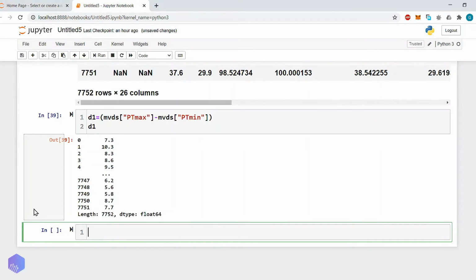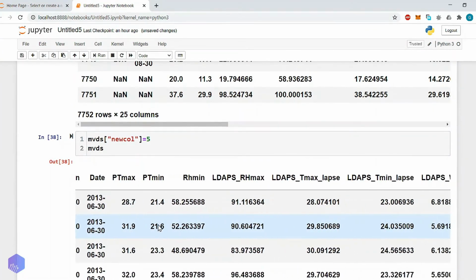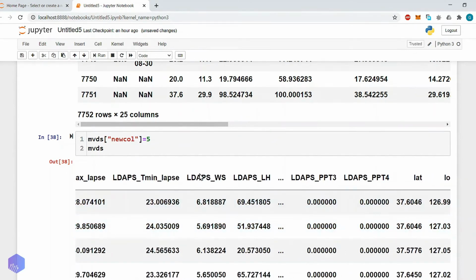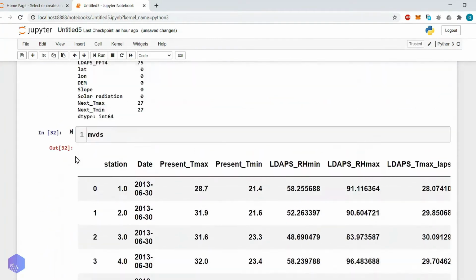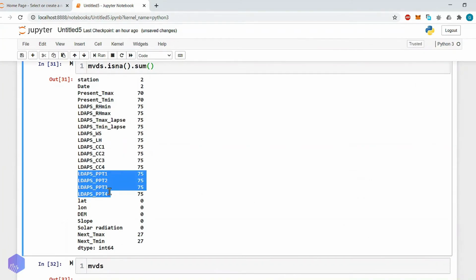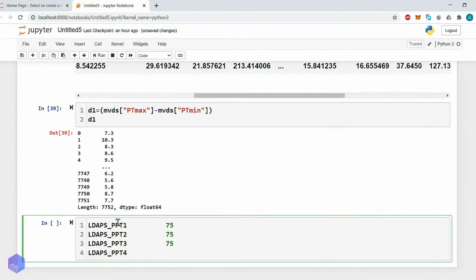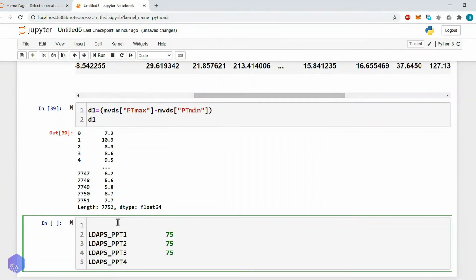Now, instead of this, let's say you want to perform the addition or subtraction of multiple columns. For example, where are the column values which we have? Let's say we want to perform the addition of all these ppt1, ppt2, ppt3, ppt4. So let me copy paste it here. And what we will do, we will create a list of columns. Okay, so column list equals to,